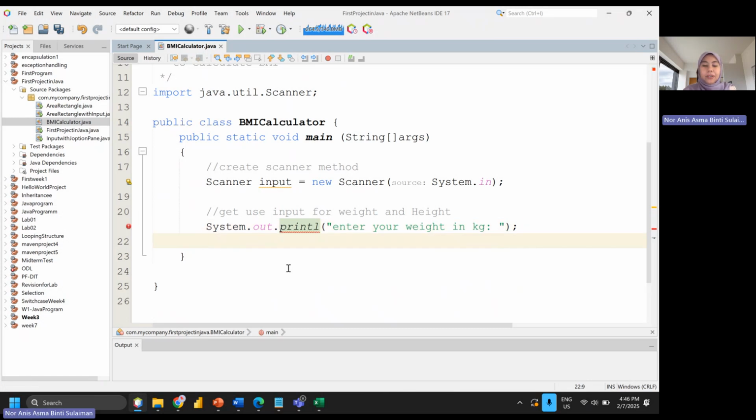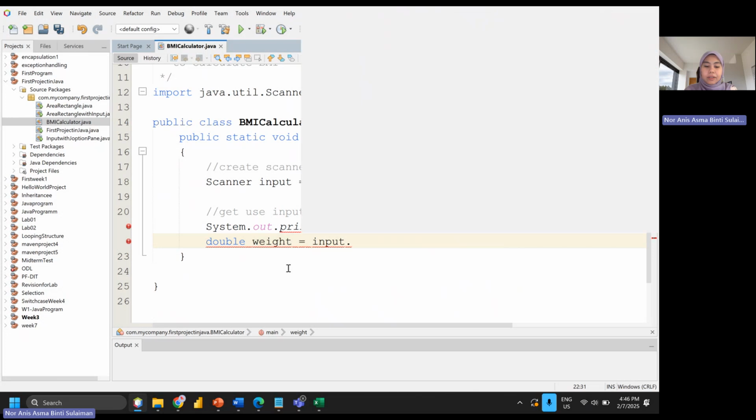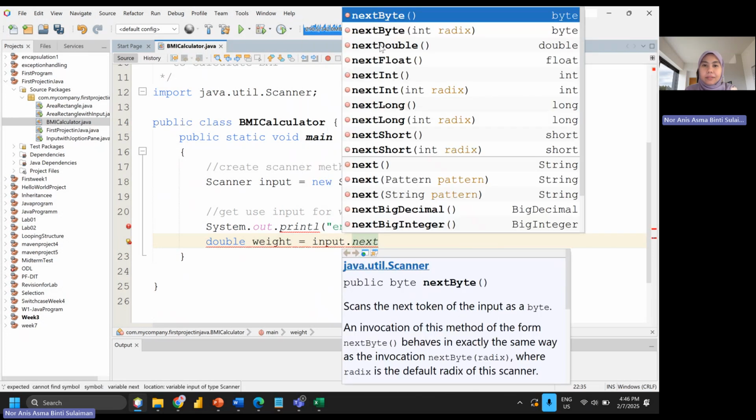Then we need to have a double as the data type for the first input, because our first input is a numerical value. We store it in the double data type equals input.nextDouble.